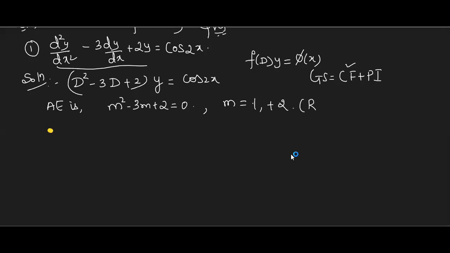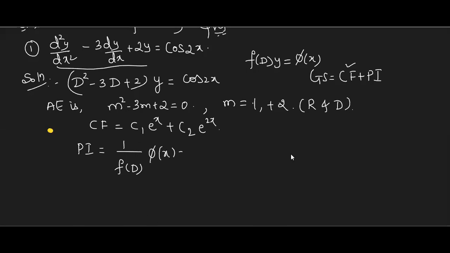Yeah. What is this case? Real and distinct, isn't it? So how to write CF for real and distinct? C1 e raised to x plus C2 e raised to 2x. Correct? Yeah. PI should be written as 1 upon f of D into phi of x, which is 1